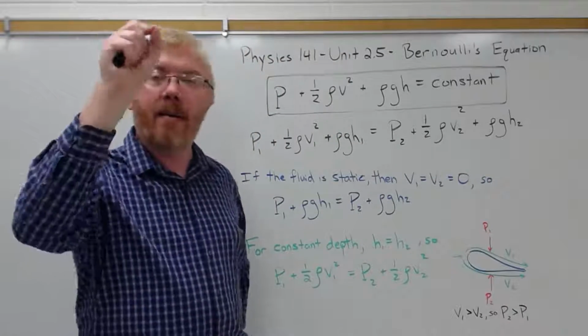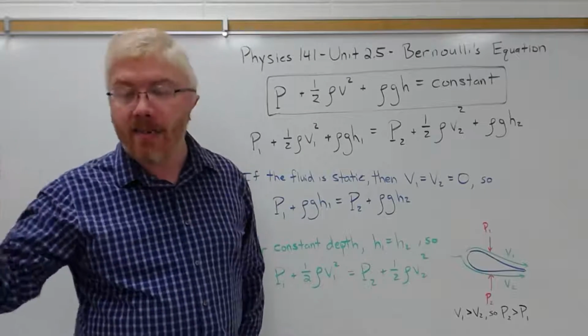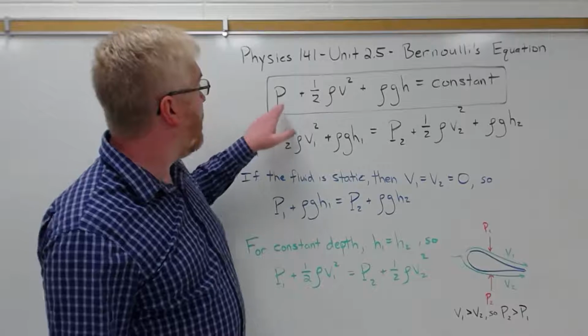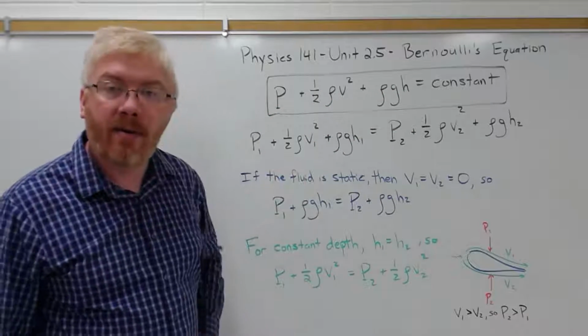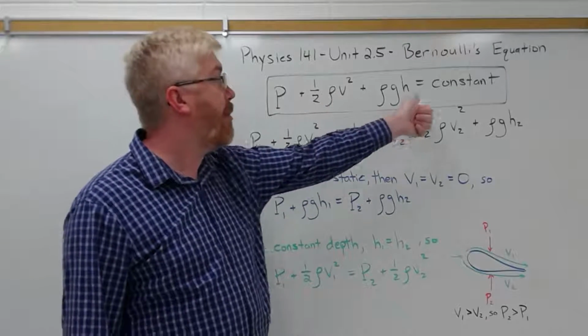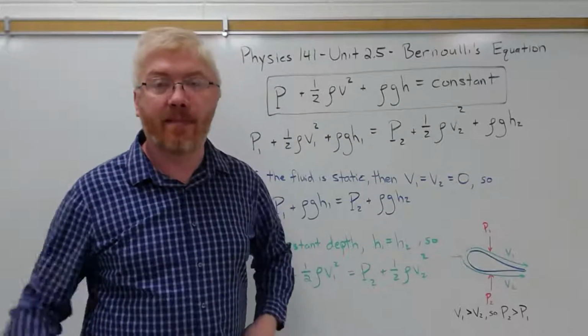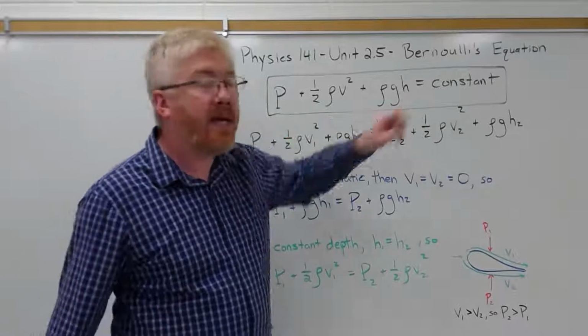So you can keep on examining different points along the pipe, and when you sum these three terms together for the conditions of the fluid, what is the pressure at that point, what is the speed of the fluid at that point, what is the height of the fluid at that point above some reference height, those all have to be equal to the same number